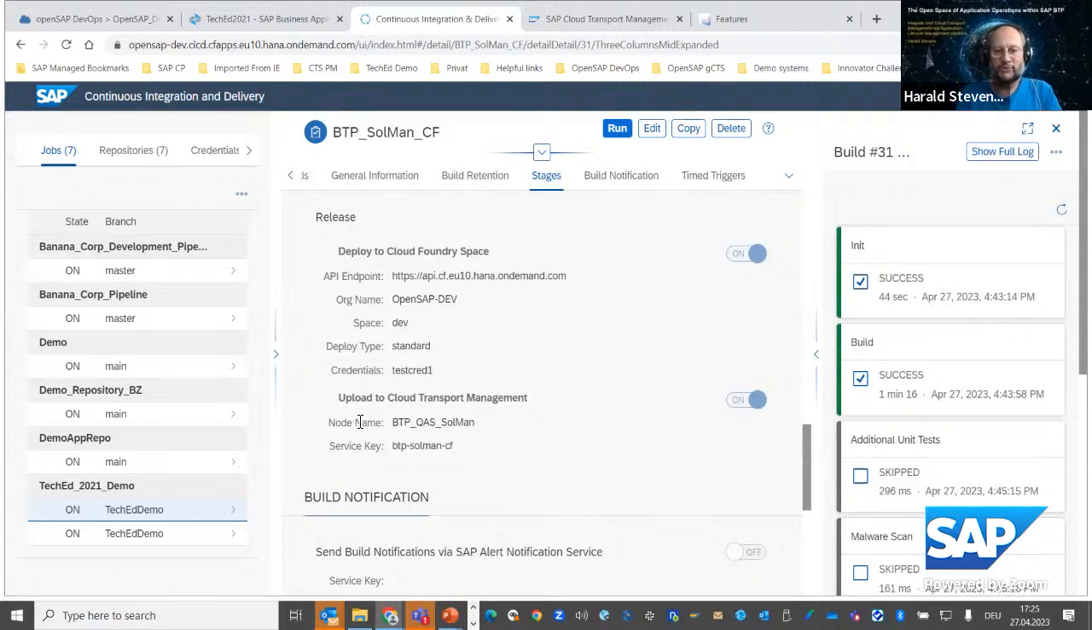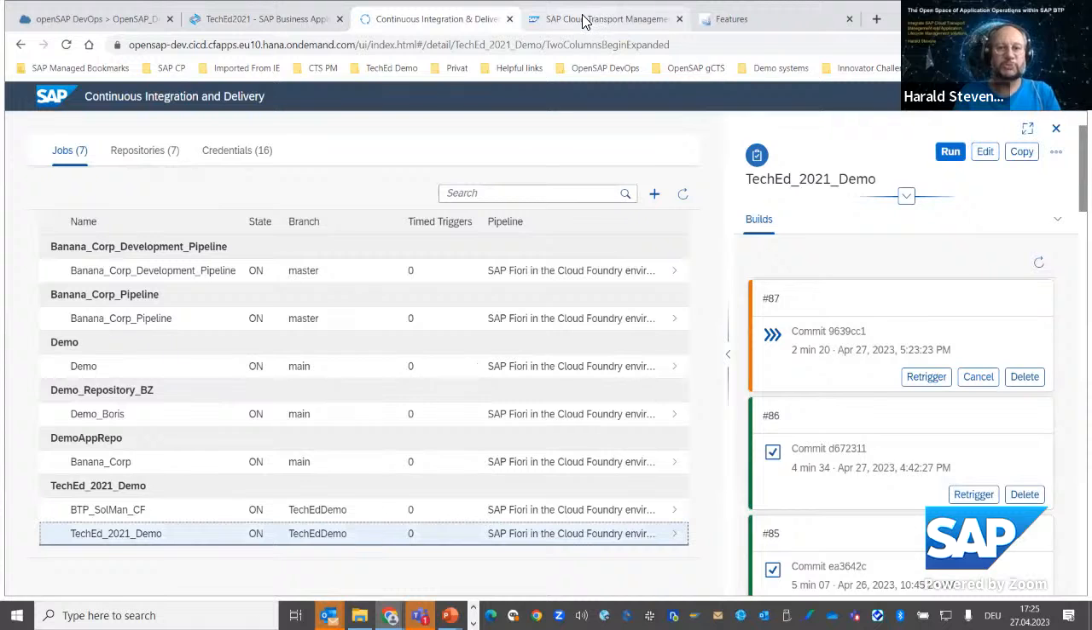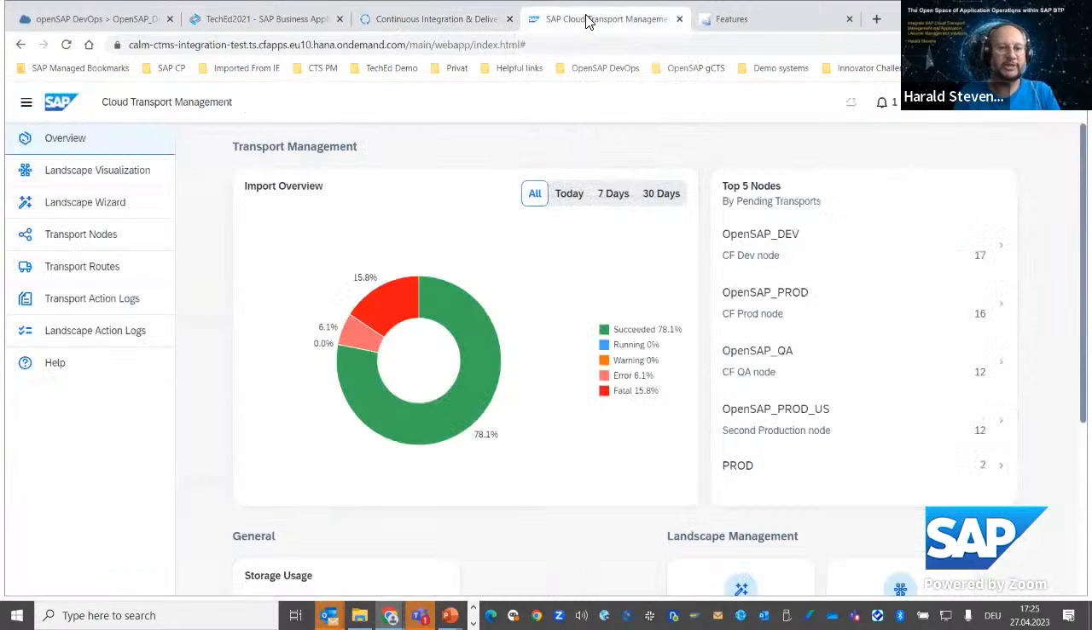Yeah, so I'm using different transport management environments. I'm using different names of the nodes I'm targeting, but basically the step is always the same. I'm handing over the content via the pipeline to transport management. And if I now go to my corresponding transport management environment here in